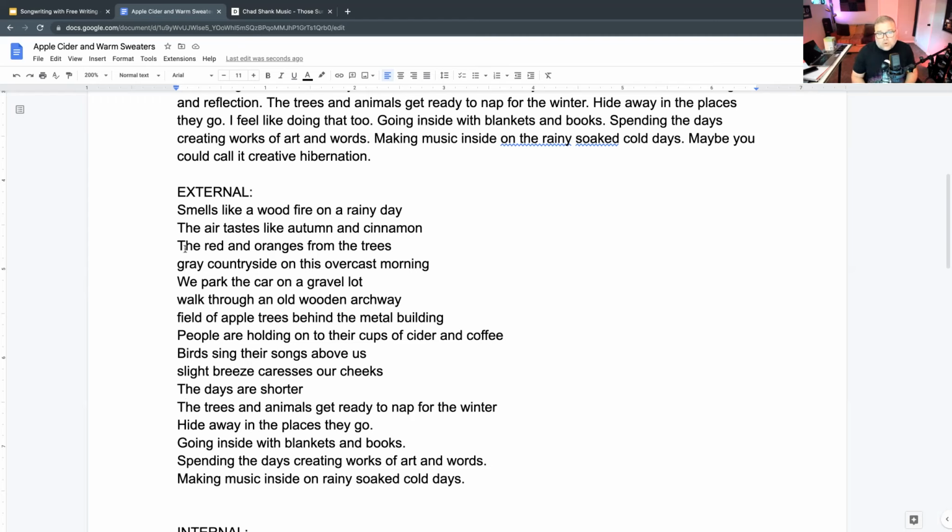And you can look at words within lines too. So, let's see if there's one. Here's "breeze," right? Breeze rhymes with cheeks. So you could break those into "slight breeze, move cheeks down." Maybe there's another E word. "Rainy" could be. So maybe you have "slight breeze, caress our cheeks, making music," and change the order of the words in the line to make them rhyme as well.